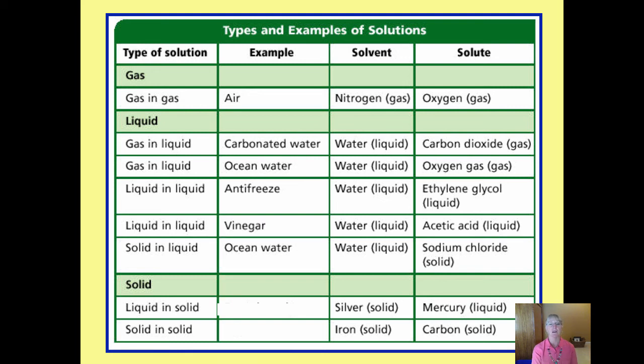A liquid dissolved in a liquid, acetic acid diluted out into water makes vinegar. So vinegar is only like 3 to 5% acetic acid. Of course, you know salt and water gives you salty water. But when you look at the amalgam of mercury, a small bit of mercury as a liquid that gets dissolved into silver as a solid, that's an example when they both cool and harden of a solid dissolved in a solid. So it starts out being liquid, becomes a solid.